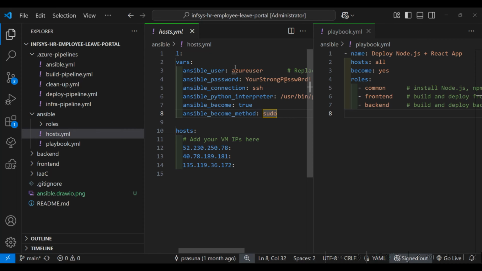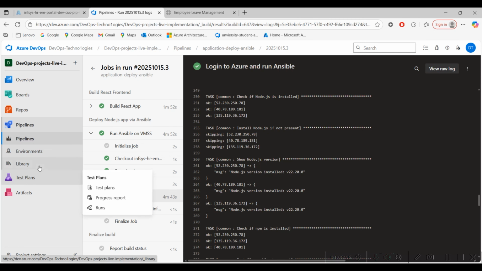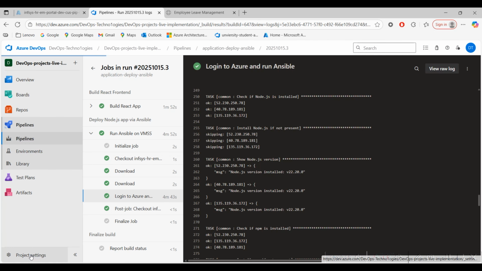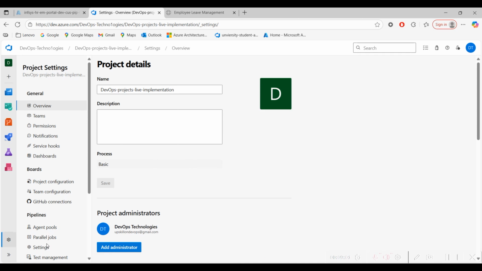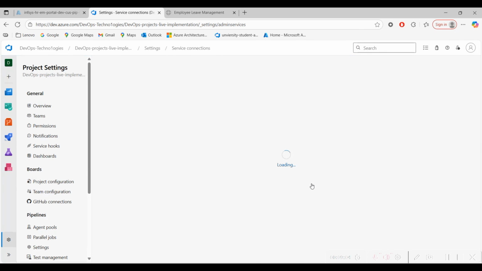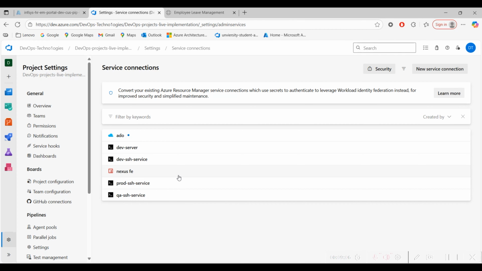Or else you can make these environment variables a pipeline library, where you can protect all these details. Or else you can establish a service connection. I already told you how to authenticate a specific server. In the earlier project we already did that. Go to service principals. We added a service connection. We have added multiple, these are all our servers. In the earlier project I showed you, prod and dev, how to authenticate and how to deploy. Like this, you need to authenticate, and here you just